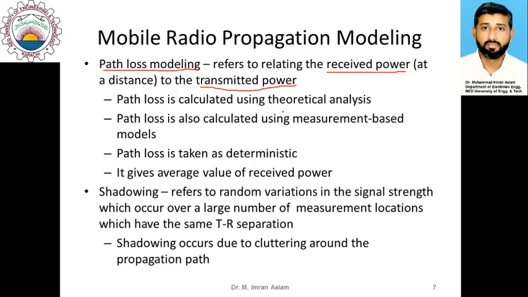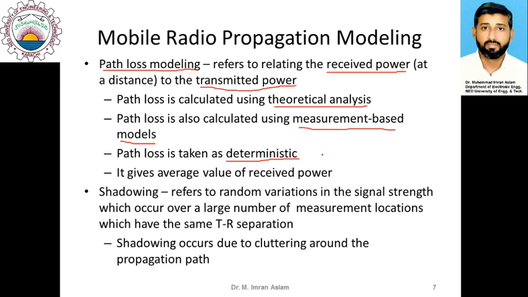This path loss is generally calculated by some theoretical analysis. We have certain types of theoretical analysis that we'll be discussing in this chapter. But this path loss is also calculated on the basis of measurement based schemes. So sometimes we make tons of measurements in a certain environment, and then we make a model on the basis of those measurements to estimate the path loss. As I said, path loss is basically deterministic. So if you know the transmitted power and you know the distance, you can easily calculate path loss as well